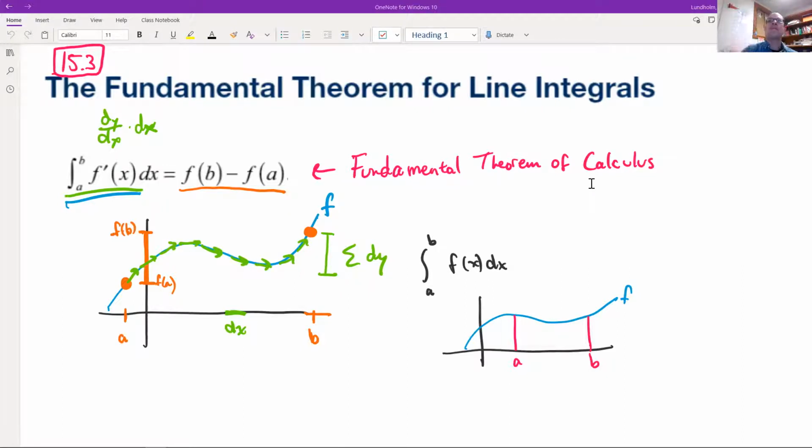Now, when you saw the fundamental theorem of calculus in Calc 1, it was probably right as you were getting into integration. And one of the things that you were probably talking about early on was this new thing called an area function. An area function, given a function like f here, would give you the area underneath the curve